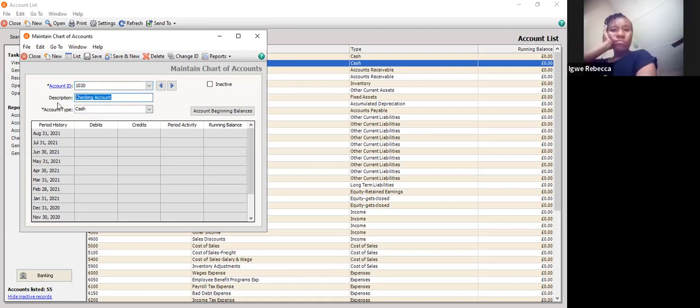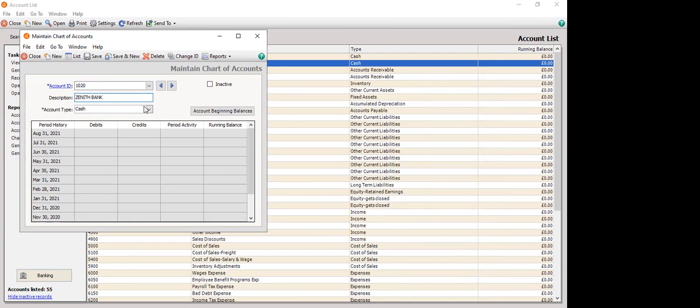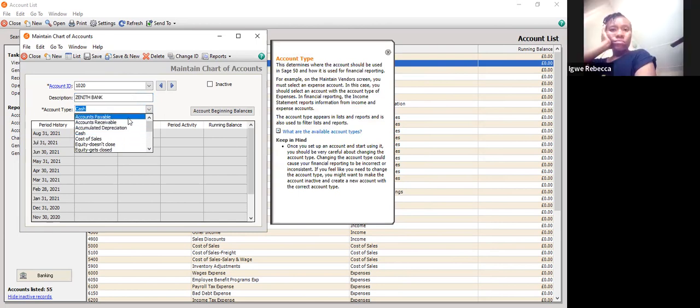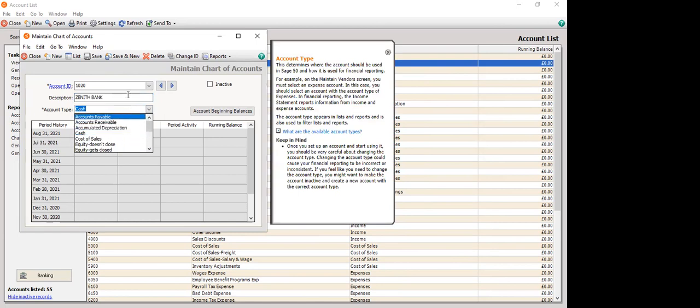Let's see, Zenith Bank first. Zenith Bank. Now, under account type, because Sage does not know the name, this is where you tell Sage